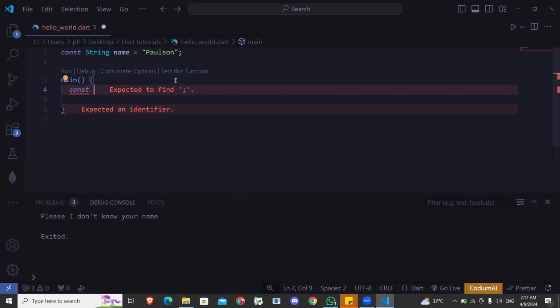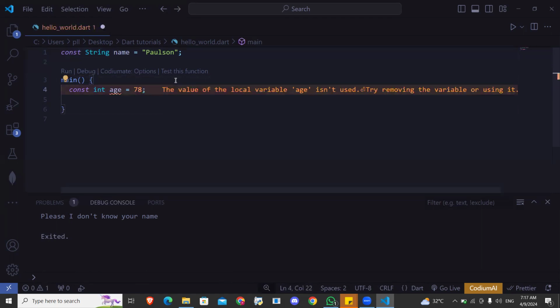I say integer age is equal to 78. Now, this is a local variable. All right, you can see that it is even saying the value of the local variable age isn't used yet. Okay, all right, so this name is a global variable. We have the global variable, we have the local variable, and we also have variables that are